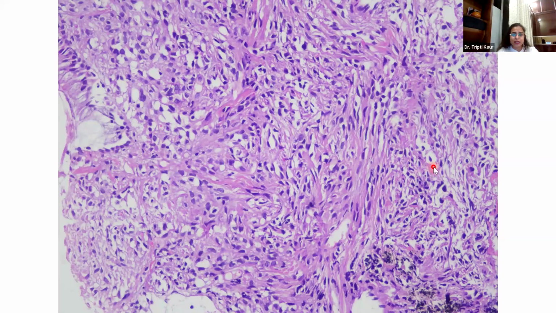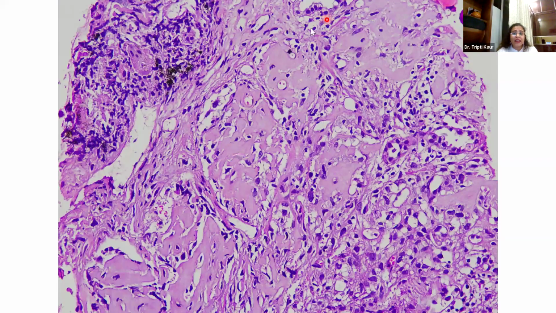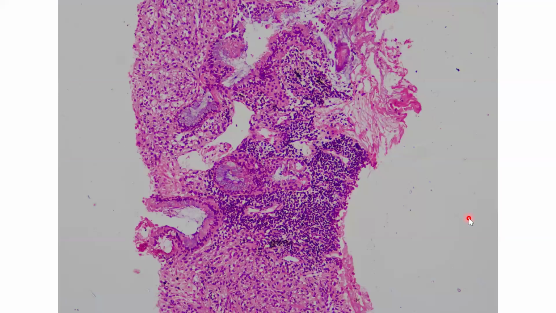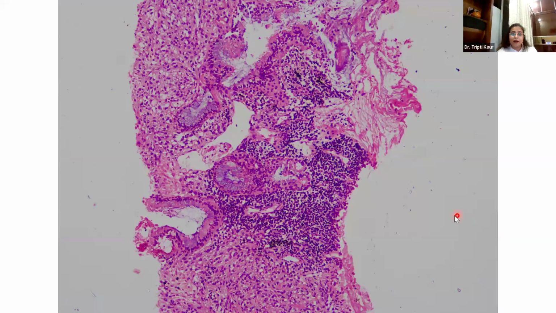They don't look like lymphocytes. They are bigger than lymphocytes. They have a vesicular nucleus, pale looking chromatin, and there is no necrosis, there is no mitosis, there is not much atypia also. There are areas of sclerosis here. Anybody guesses? Solitary fibrous tumor. No. Okay. Coma? Okay. It could be. Huh? Coma?